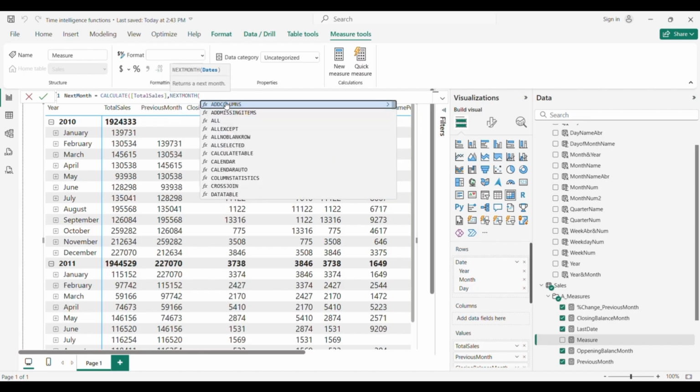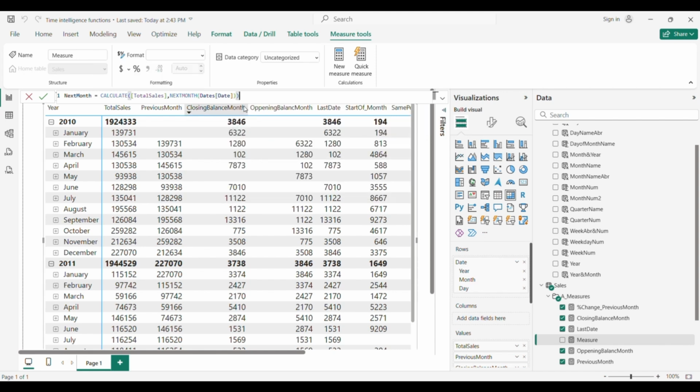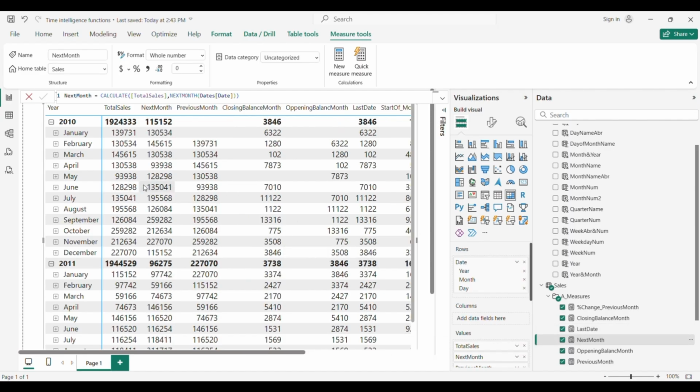Next month is here, dates, and that's it. Close parenthesis. Let's add the measure. So let's see. Now it's shifted the other way around. As you can see, February is in January, March is in February, April is in March, and so on.